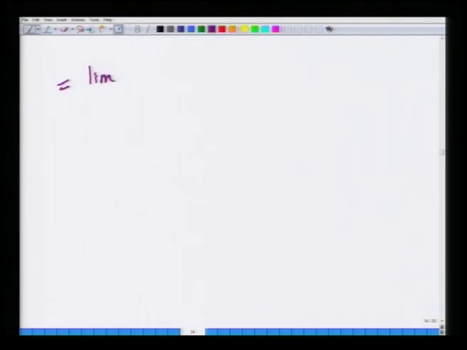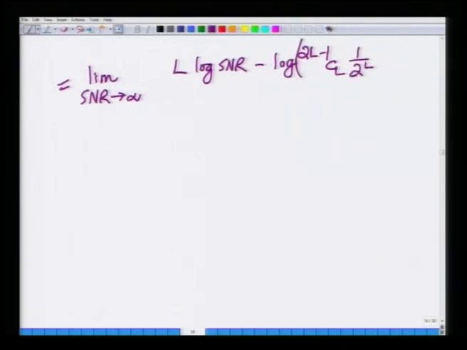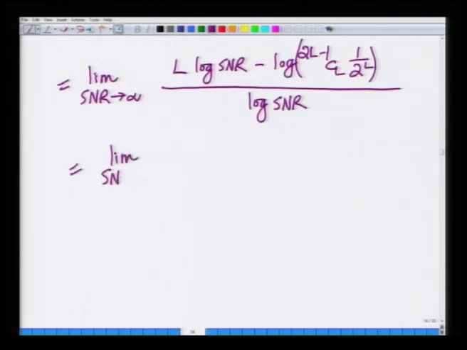This is limit SNR tending to infinity, I will bring the minus sign inside. Log of 1 over SNR to the power of L is nothing but minus L log SNR, bringing the minus sign inside, it is L log SNR plus, or rather minus, log of 2L minus 1 C L into 1 over 2 power L, divided by log of SNR, equals limit SNR tending to infinity L minus some constant, which is log of 2L minus 1 C L 1 over 2 power L,